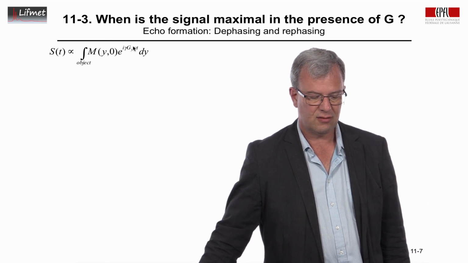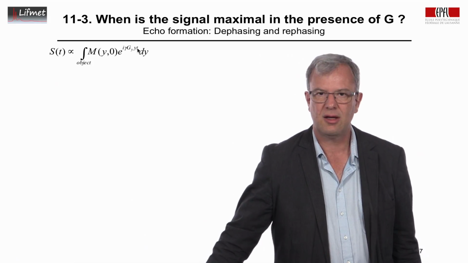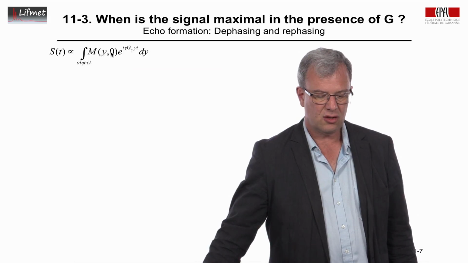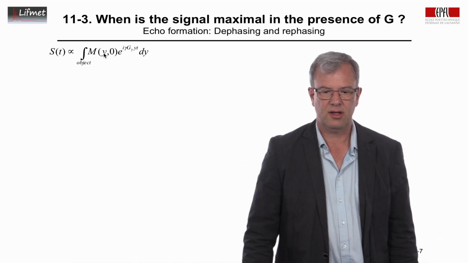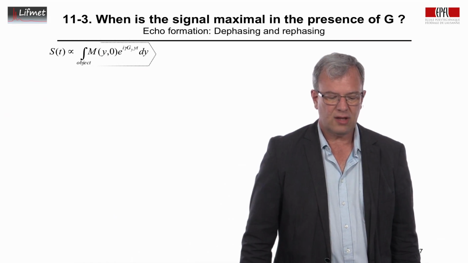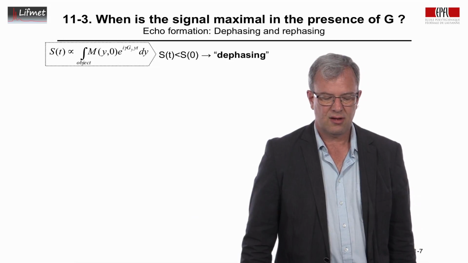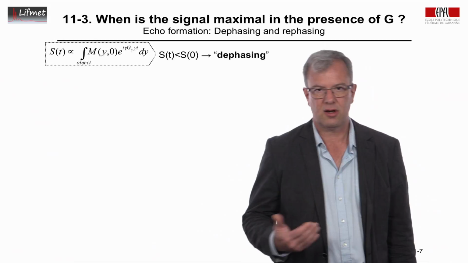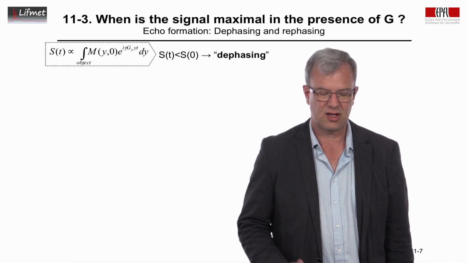So we have an object, and we have a gradient along y here. Now I'll use y just because it pleases me; we don't always have the gradient along x. So we have the magnetization along y. This is the equivalent equation that we had two slides earlier. If we now look at this equation, these are our complex numbers. Again, the real part is x, and the imaginary part represents the y component of the magnetization or of the